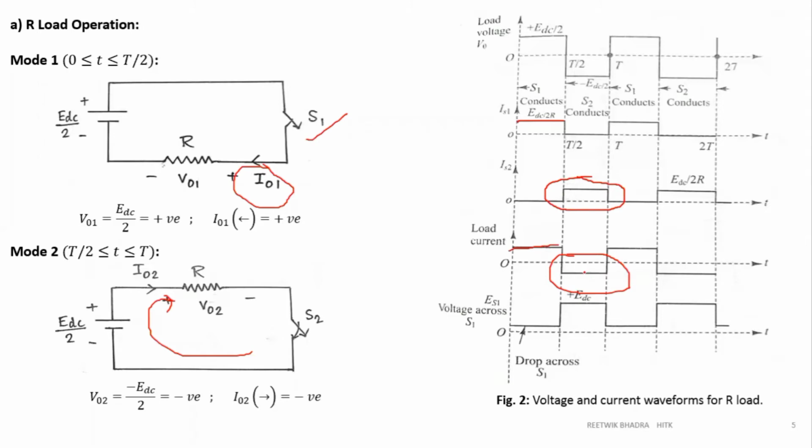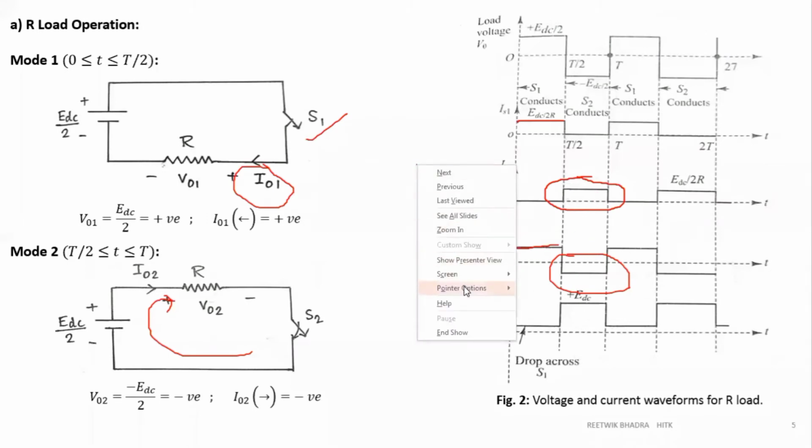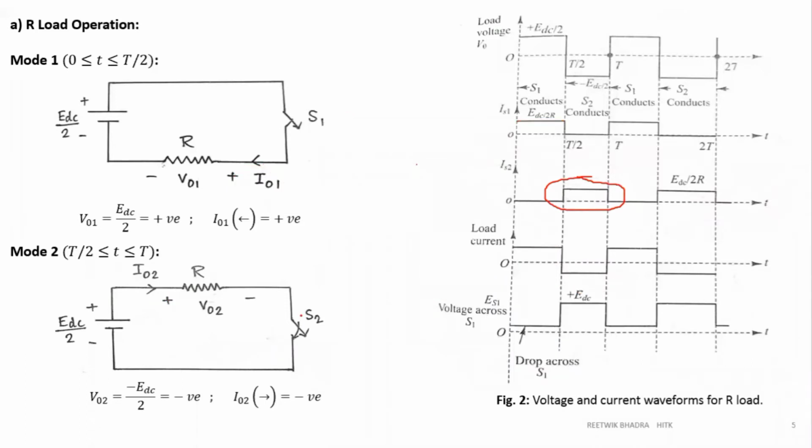Can you tell me why this is negative and this is positive over here? Anyone? Load current is drawn negative over here, but IS2 is drawn positive over here. Why? But IS2 is I02, right? Because the voltage terminals are reversed, the polarity changes and the current direction also changes, and since this direction we have considered positive, I02 will be negative.